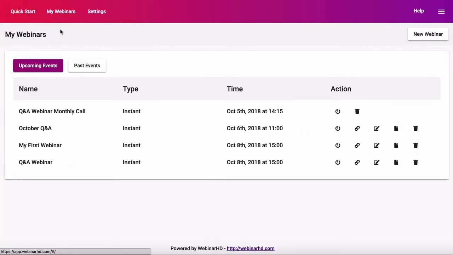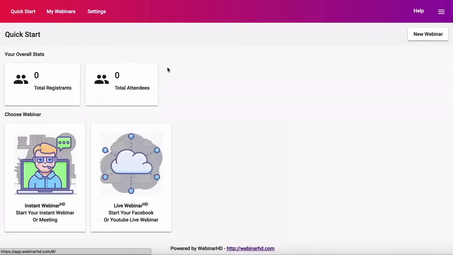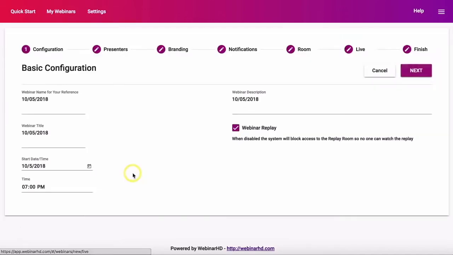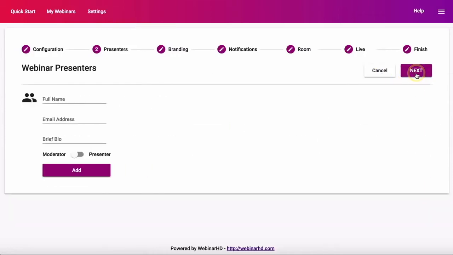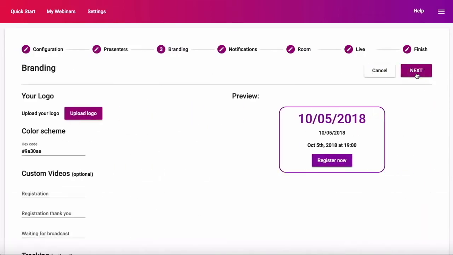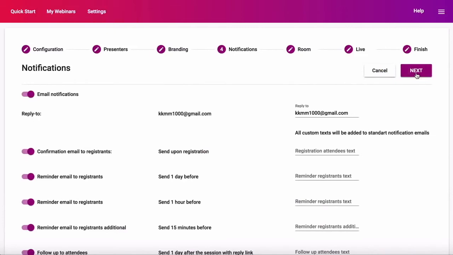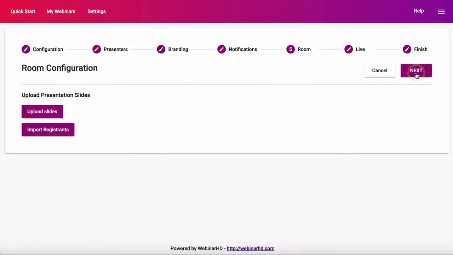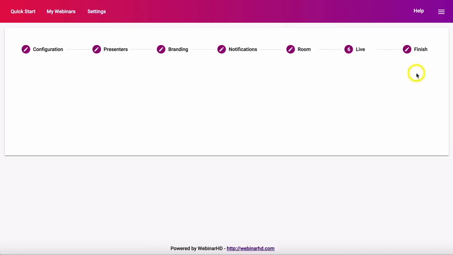And now back to the main menu. We basically went through the upcoming events and past events. Going back here, I haven't shown you any live events yet, so let's show you how we can set that up. It's very similar to the instant webinar. You go through your configuration, that's all of your basics, you invite your presenters, you add your branding, you switch on or off your notifications as desired, and you go to room configuration where you can upload your slides, and this is where